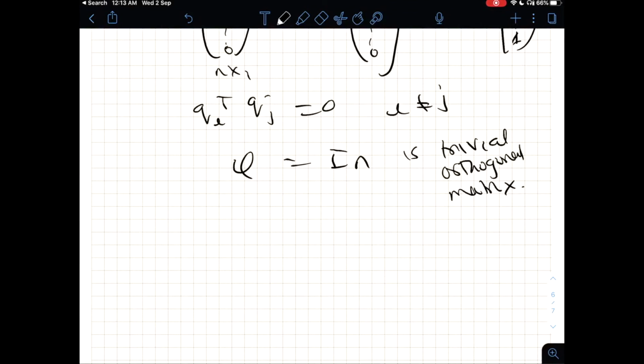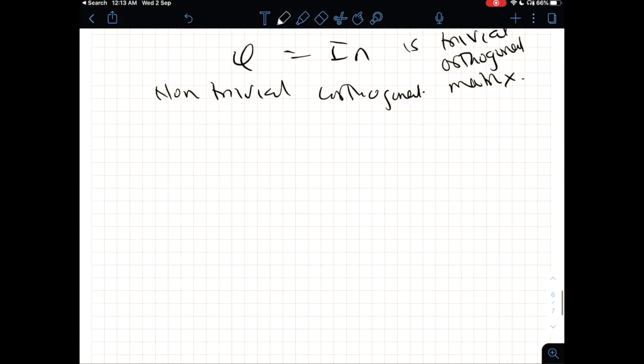So the next thought that's going to come to your mind is, all right, fine. Can you give me a matrix which is non-trivial and orthogonal? Okay, I can do that. Let's take a two-dimensional case. This is x and let's say this is y, and this is your unit vector i hat and unit vector j hat.